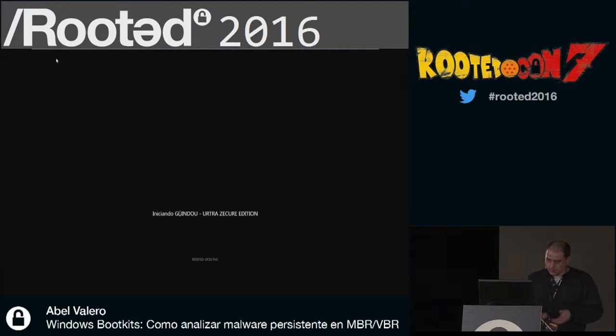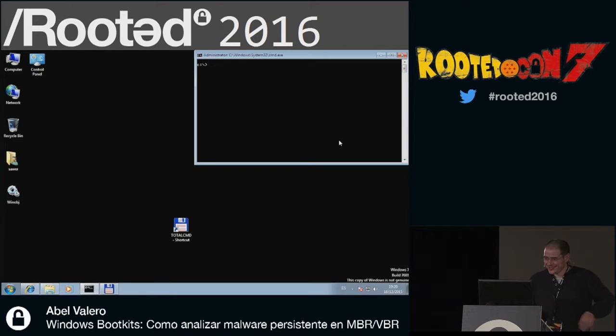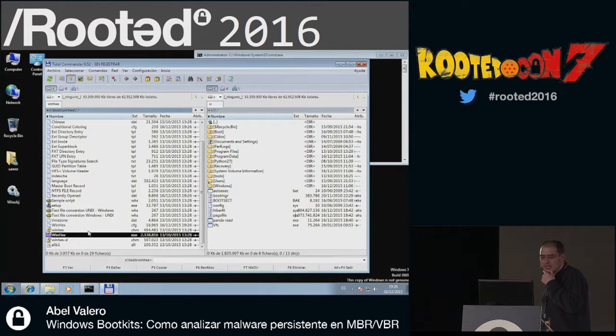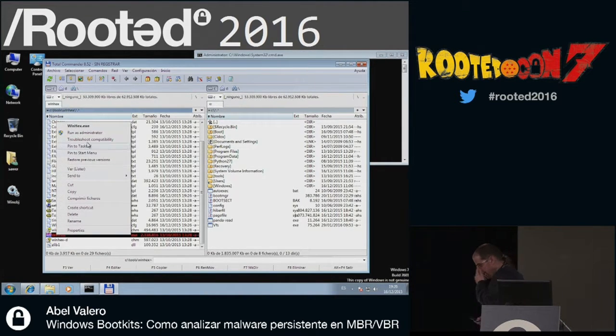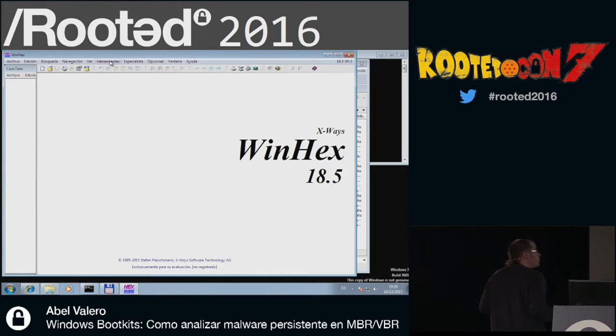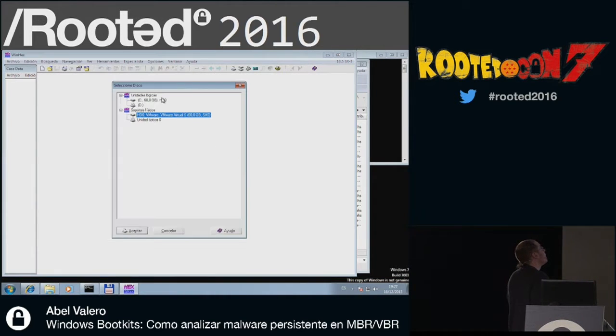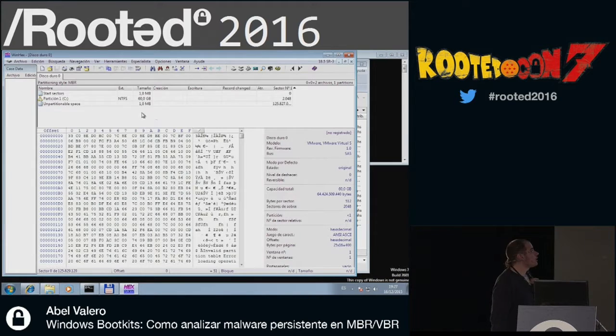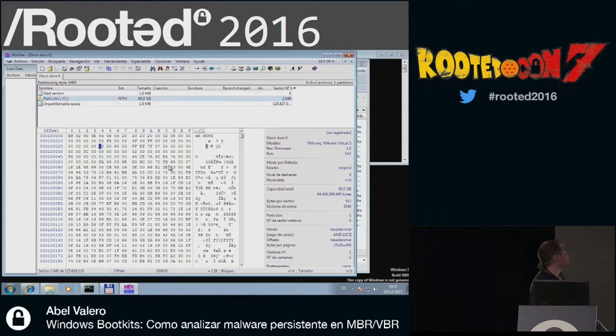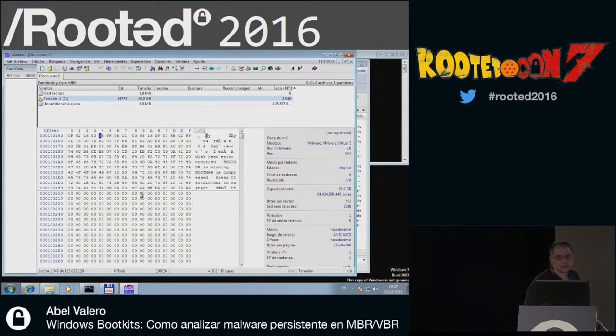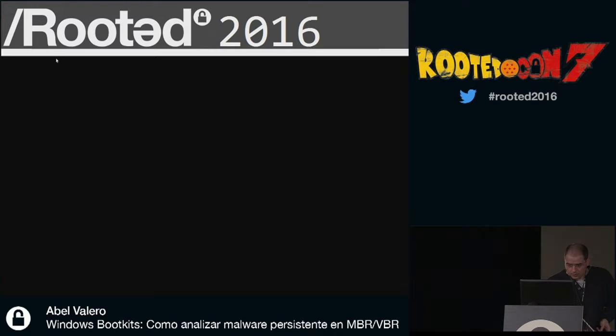Sorry, this is not working. This is Windows 7 x32 infected by a Robnet's modified version. Let's open up the hard disk and we'll see that, sorry, this is not the only one.